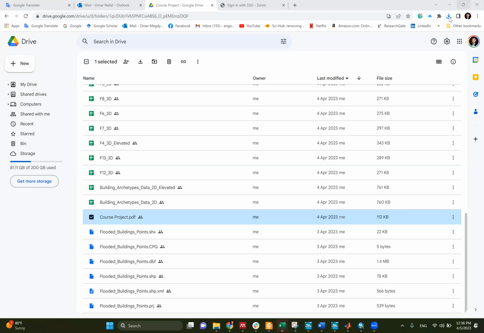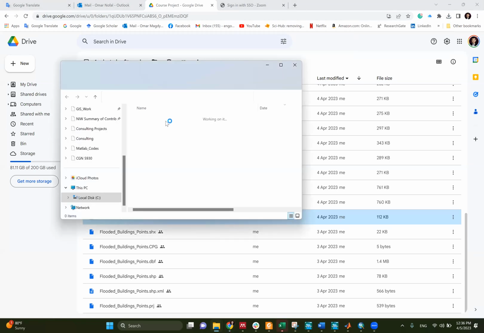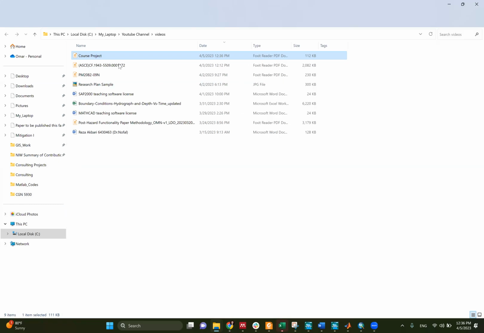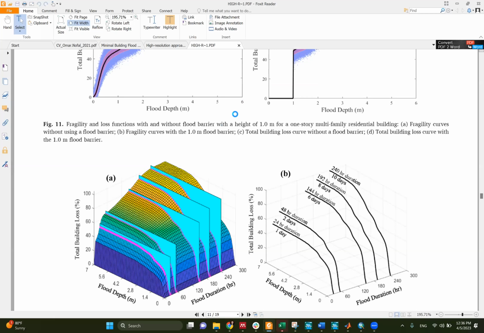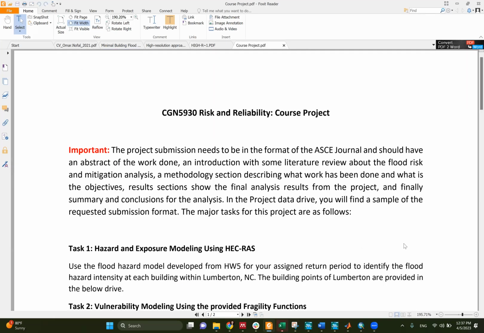If you download it, you will find what task exactly you are required to complete as part of this project, and they are mainly 4 tasks. But before you start these tasks, I need you to know that the submission will be in the form